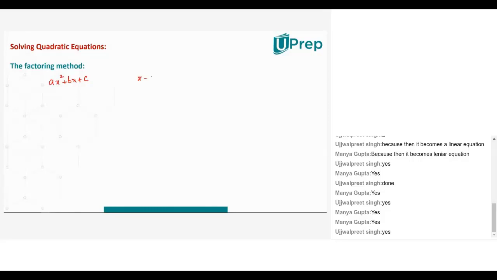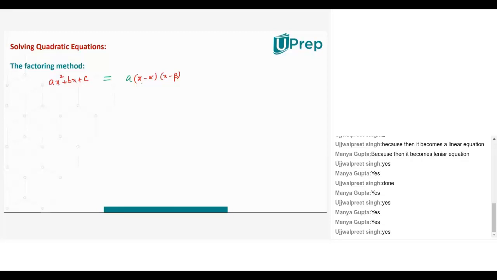Say one is x minus alpha and another one is x minus beta. There are two linear factors. Just now in the beginning we have seen quadratic, that is second degree polynomial, should have two factors. But here I am writing something. I'll mark it with a different color pen so that you can also understand what I am talking about. Why did I write a outside here? Two linear factors x minus alpha and x minus beta should be sufficient. Why did I mention a as a separate factor outside? It's not a linear factor.